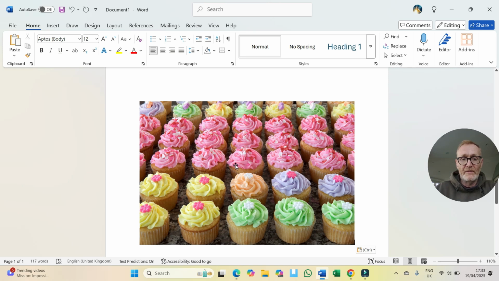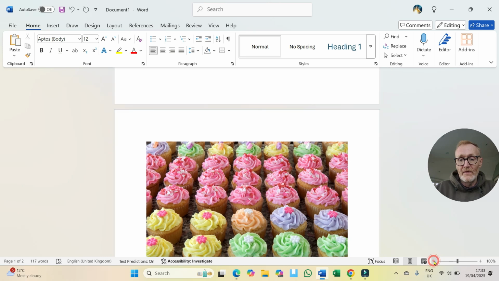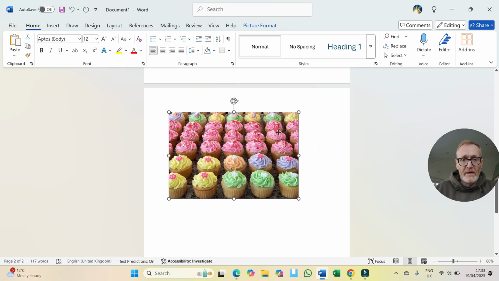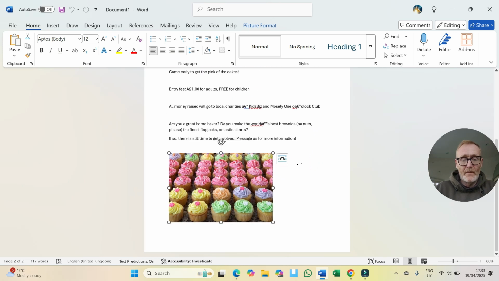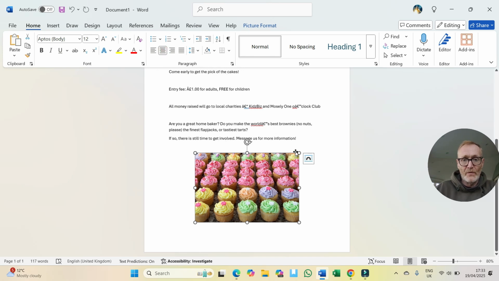So here we are, it's on a different page, and the reason why it's on a different page is because it's too big for that. So I'm going to make it smaller, so I just left click on my image and we can see we've got the dots come around the side. And so I'm just going to go into the corner, left click and make it smaller. And we can see that it's gone up there. And what I can do is I'm going to use these alignment tools. I'm going to put the picture in the middle straight away,